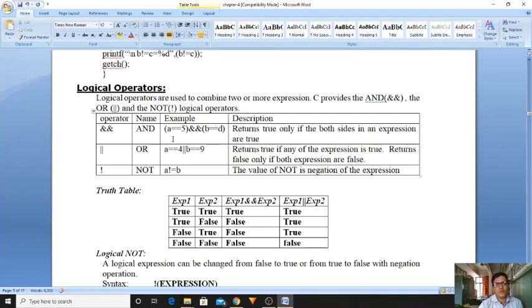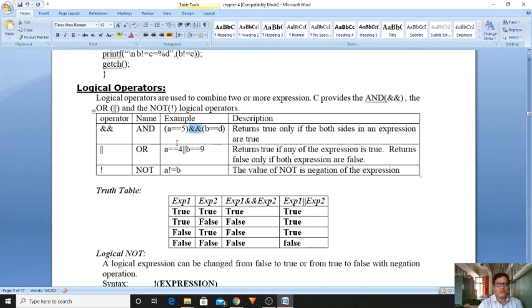For example, consider your marks in subject 1 and subject 2: subject 1 greater than or equal to 35 and subject 2 greater than or equal to 35. Each returns true. If I want to test these two conditions, I use the logical AND. True and true gives true. These two expressions are tested using logical AND.